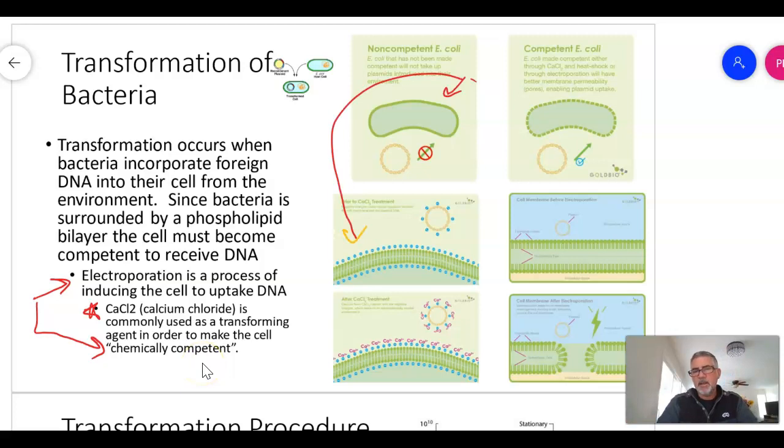right? So the outside of the plasma membrane of this cell is naturally kind of negative of charge, and the plasmid is overall negative charge too because it's DNA and DNA is negative. So to try to get that plasmid to transfer into my cell membrane is probably not going to work very efficiently, right? So it's probably not going to be very efficient. Right? When I add calcium chloride to it, right? So the calcium chloride,